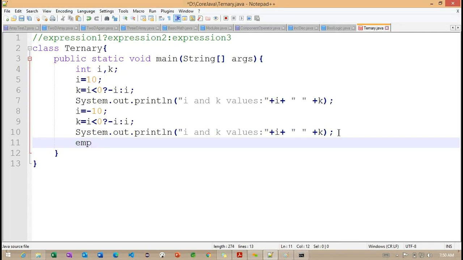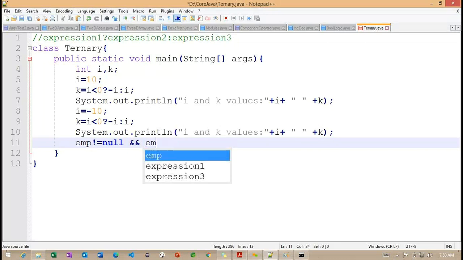Observe here, and here you can see employee not equals to null. So why am I making this employee not equals to null check every time? Basically, whenever we are trying to check any reference, first we need to check the not-equals-null condition, because sometimes we may get null pointer exceptions here. So for this, we need to check this particular employee not equals to null condition, and emp dot something.